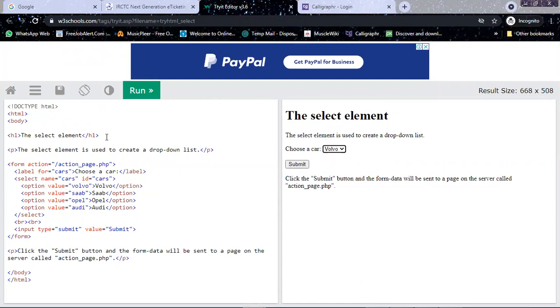Can you see the value type? In the option, you have something called the value attribute. Whenever you are inserting something, if you see Volvo between the nodes, it is with a capital V, Saab with a capital S, Opel with a capital O, Audi with a capital A. But in the value attribute, it is all small. The display name will be different from what is being taken to the option.